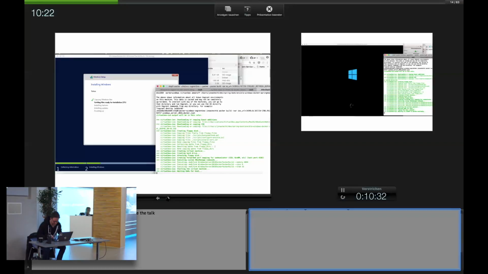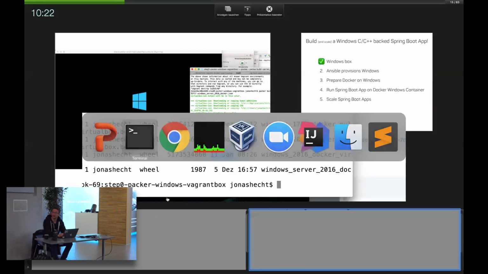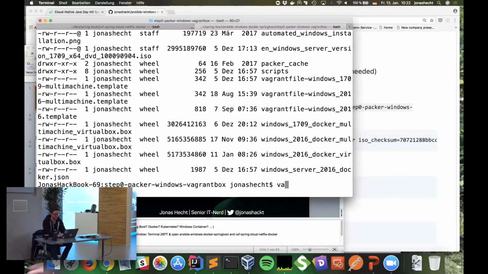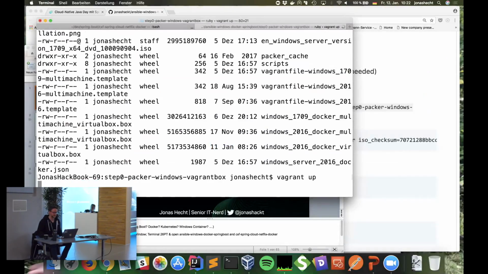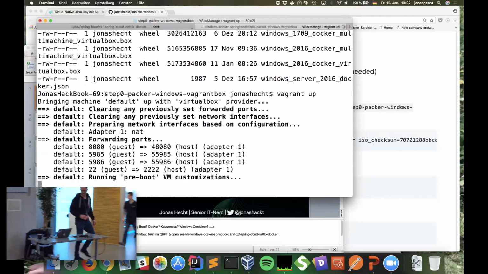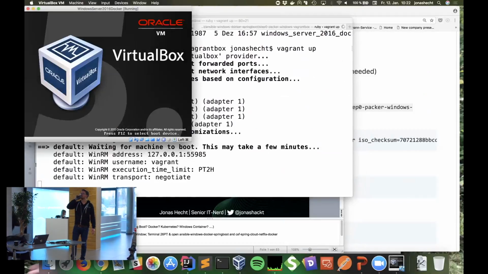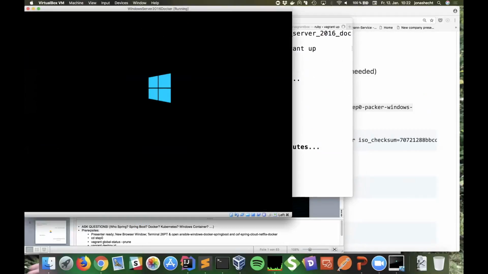And if you just did the Packer build, you can say vagrant up. You know this step already, so many hands up, and then you're just starting your Windows box.